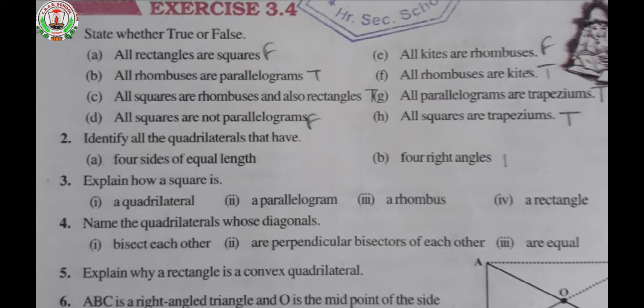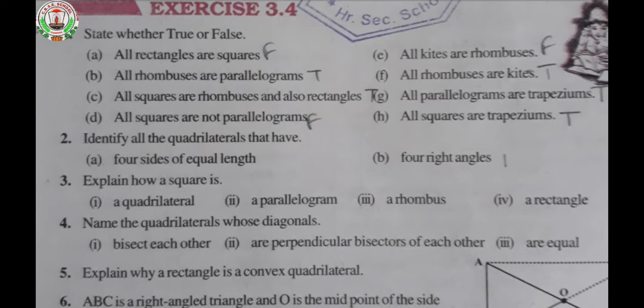How do we find out whether it's a true statement or a false statement? While starting chapter number 3, understanding the quadrilateral, I had given many definitions as well as the properties of quadrilaterals and their classifications, isn't it? So while knowing the properties, we can easily state which statement will be true and which one will be false. So before going through these true and false statements, please go through the classifications and properties of the quadrilaterals once. Okay, the next question.